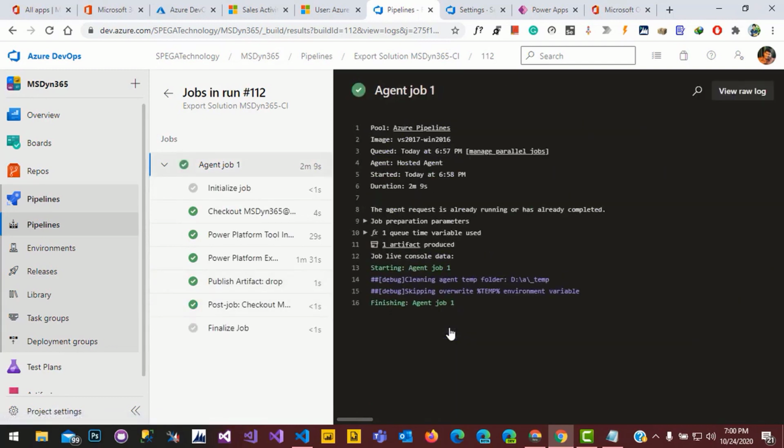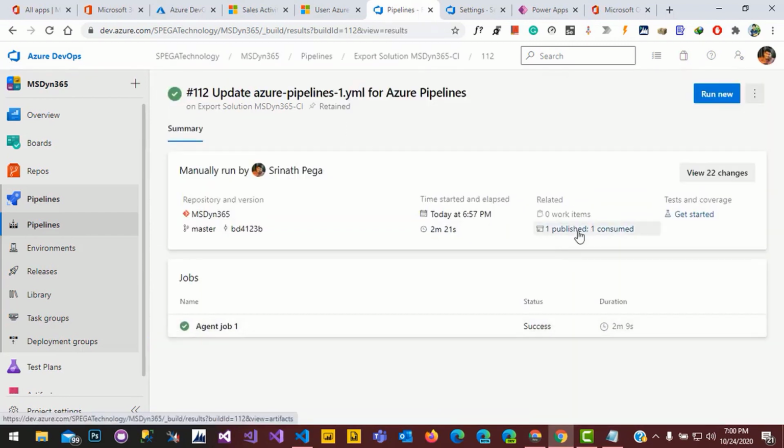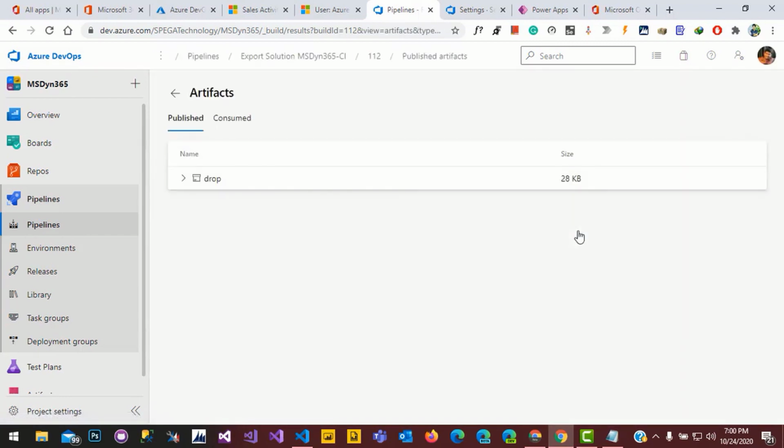Yeah, the pipeline got executed successfully, and one artifact has also been created. Just go to the pipeline, click on the published artifacts, expand that folder. The solution got exported from the environment.